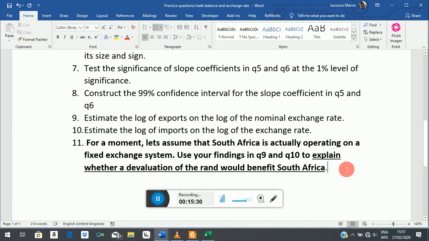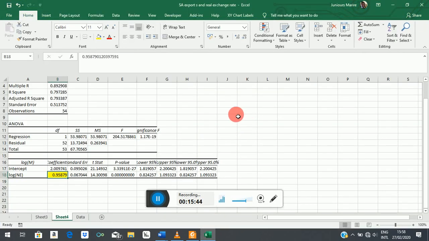Now, here I want to see if you understand what economic theory says. You would have been taught about what is called the Marshall-Lerner condition, probably in 202, although we ourselves, when we were first years, did this in 102. I did that in first year. Right, so the Marshall-Lerner condition says